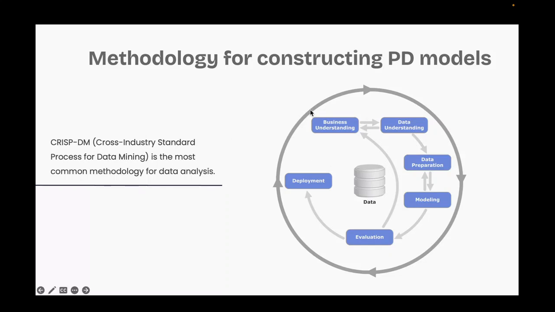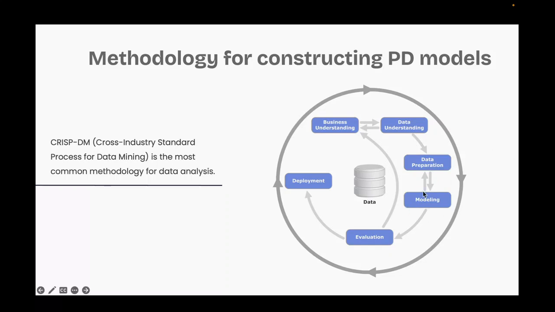Well, the first one is business understanding. We start by defining the problem. In our case, the goal is to predict client default events. The next stage is data understanding. This involves analyzing all available client data, including records from credit bureaus, internal bank data, and external aggregators. The third stage is data preparation. At this stage, we pre-process data, create features and variables for future models, handle outliers, and correct any data errors.